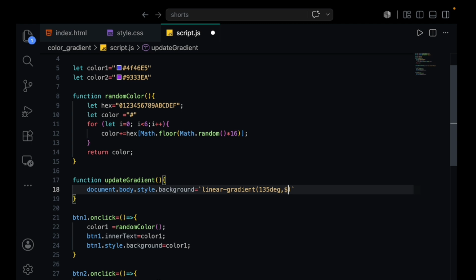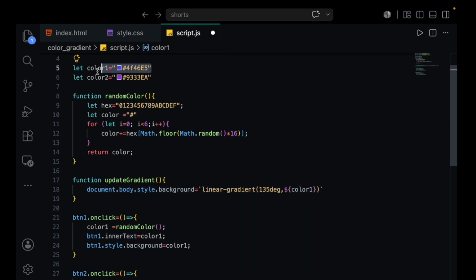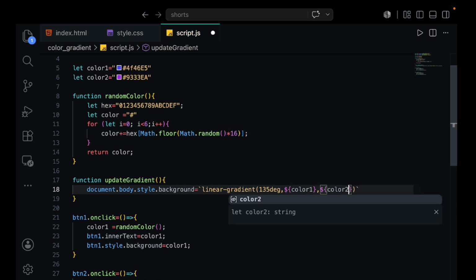So for color 1, let's give a color 1 that we have defined already. Here we have color 1, right? And after that our color 1 will change. Okay, and also we're going to update our color 2. So here we have color 2.